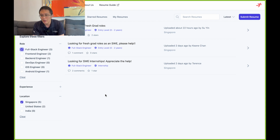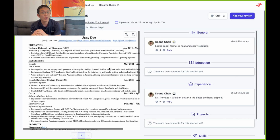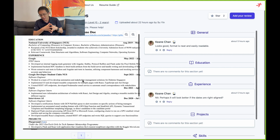Okay, so there's one profile that is at the top. So I'm just going to dive in and have a look at what this person has to offer. Typically, what I advise students when it comes to applying for roles is effectively to stand out, right? There are a variety of ways to stand out. For this particular profile, I think one of the things that is particularly notable is the internships that this person